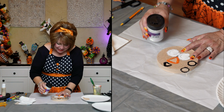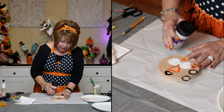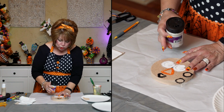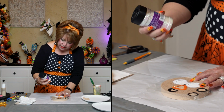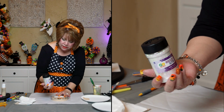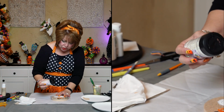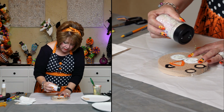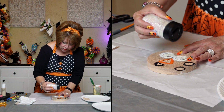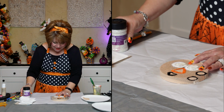All right, I'm gonna go ahead. Once I had my first coat on there, it was dry, then I put my second coat on there. I'm gonna shake this iridescent glitter on the white. I was gonna say lightly, but it came out in full force. That was a good catch. I know. Saved it from...